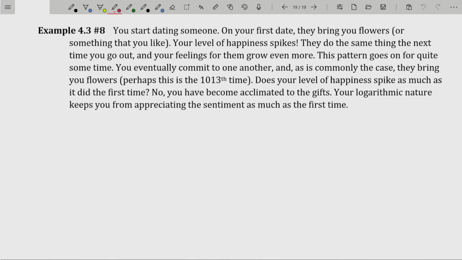We do this because we take advantage of people. Not that we are inclined to do that, but maybe not advantage, you take individuals for granted. You take for granted what becomes the norm and eventually get acclimated to it. So logarithms are totally who we are. We are so logarithmic in nature, and that's why I find logarithms to be the most beautiful of the functions.